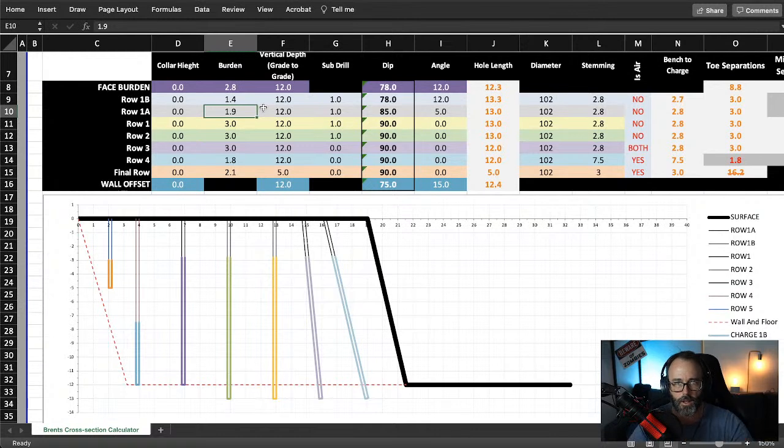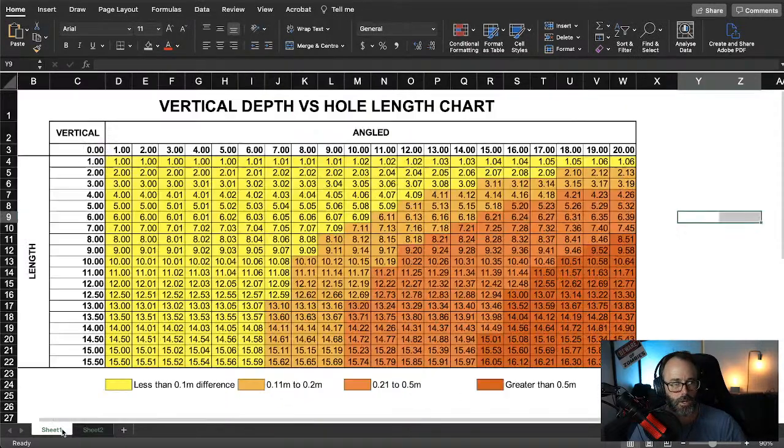Now, this is a bit more of a complex tool to use in the field, but if you're not in the field, you'd be using this kind of separation chart here, where you've got a 13 meter bench and a 5 meter